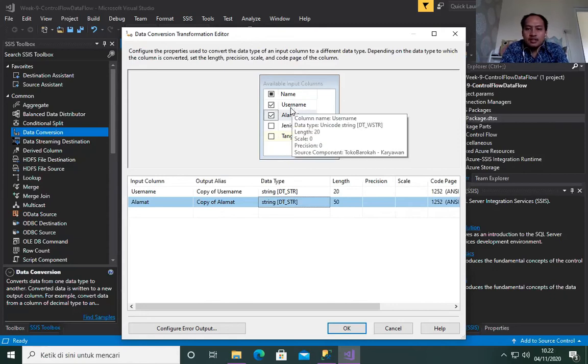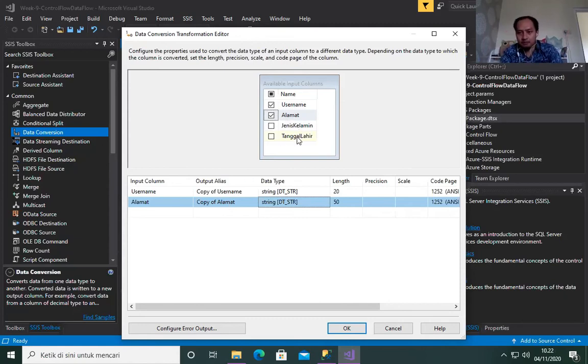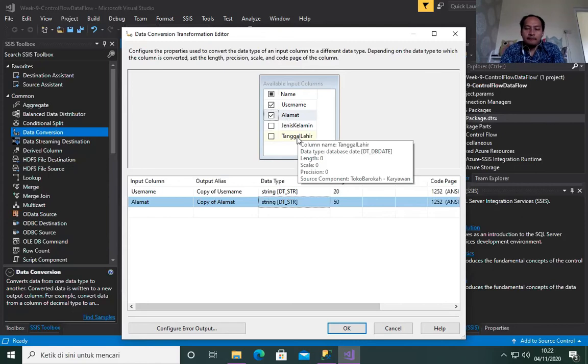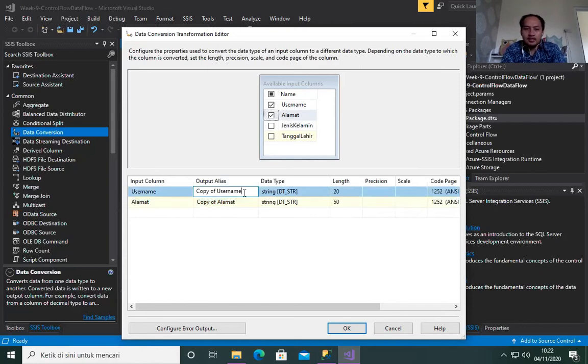The result of this conversion will be username, copy of username, alamat, copy of alamat, jenis kelamin, and tanggal lahir, which makes 6 columns. To prevent confusion, we can change the output alias like this.